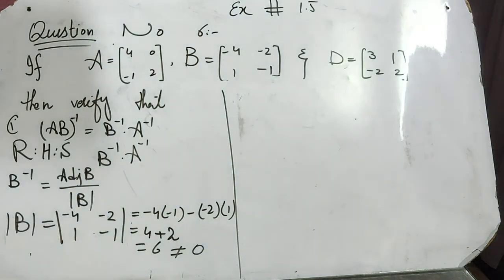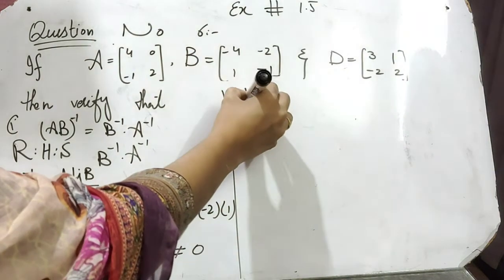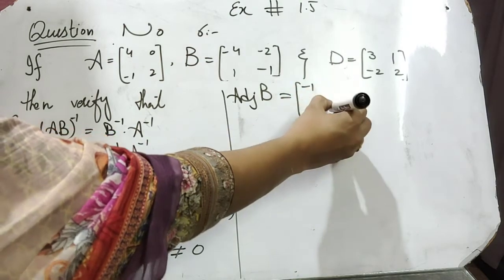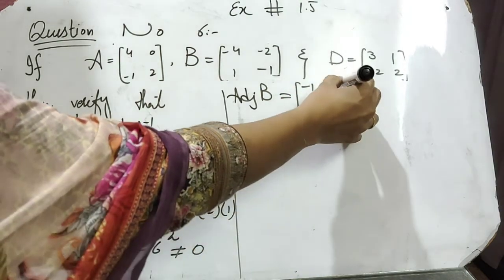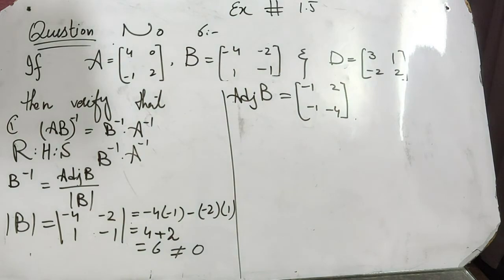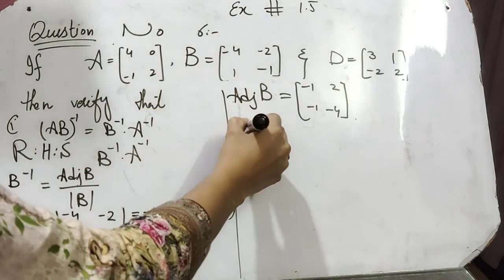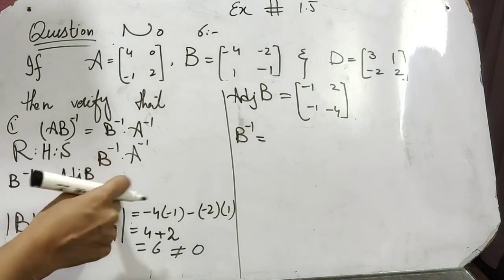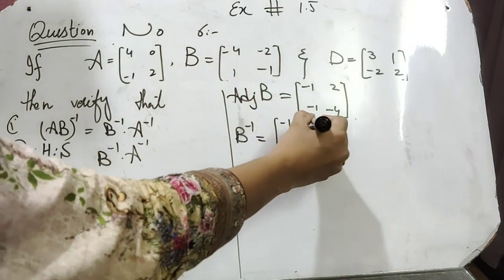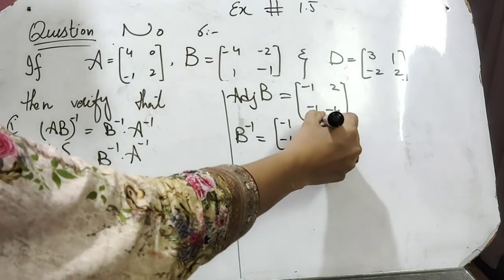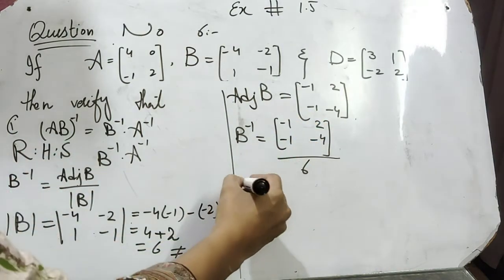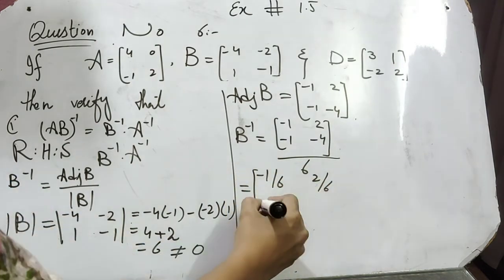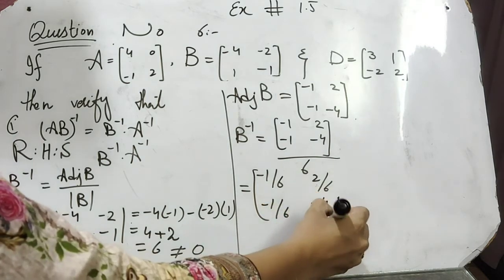First we solve B inverse. Now we find adjoint of B, which is equals to [-1, -4; 2, -1]. And B inverse is equals to adjoint of B over determinant of B. Here we get [-1, 2; -1, -4] divided by 6. We get -1/6, 2/6, -1/6, -4/6,